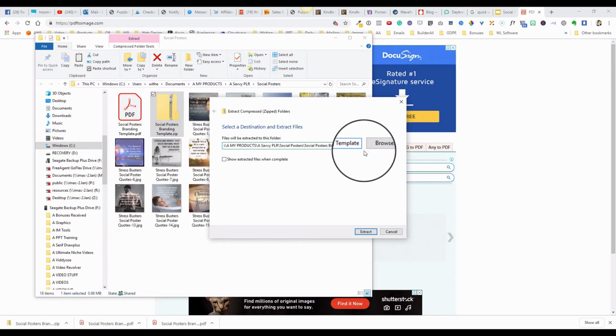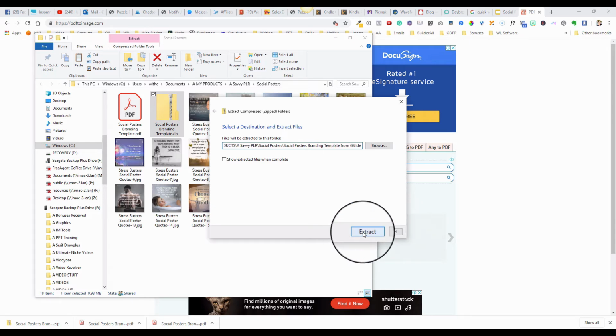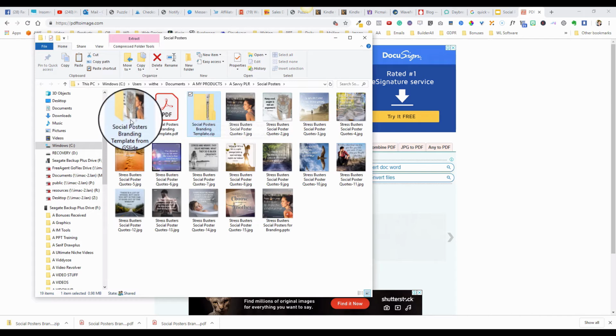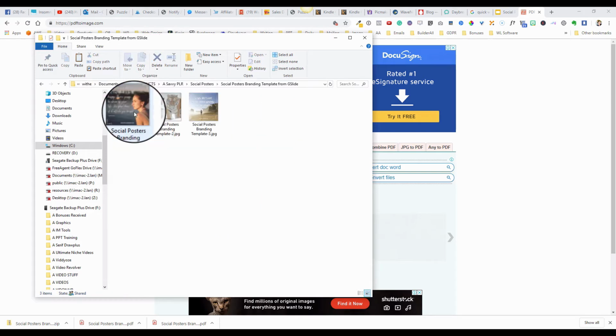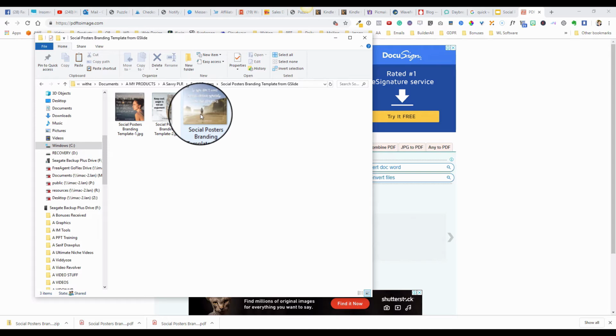I'll just change this slightly from G Slide, and click Extract, and there you have your folder, and those are your social poster images ready to post on